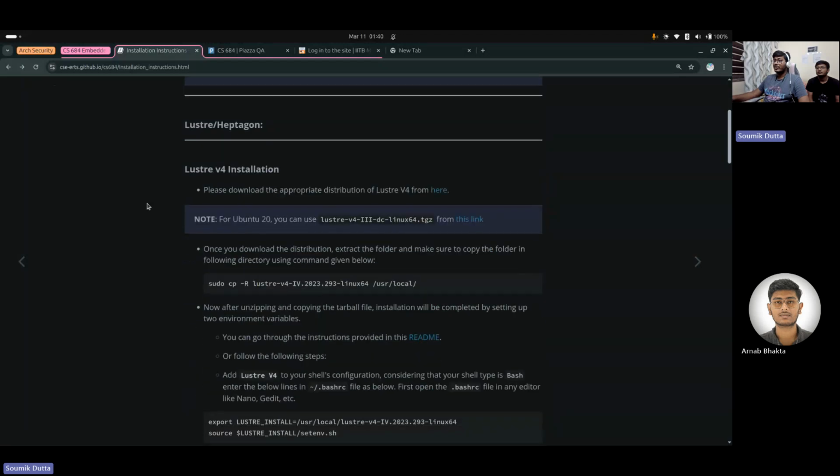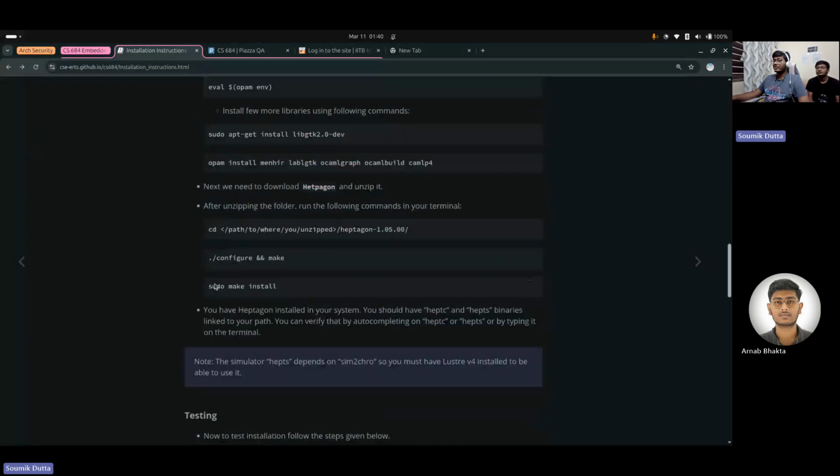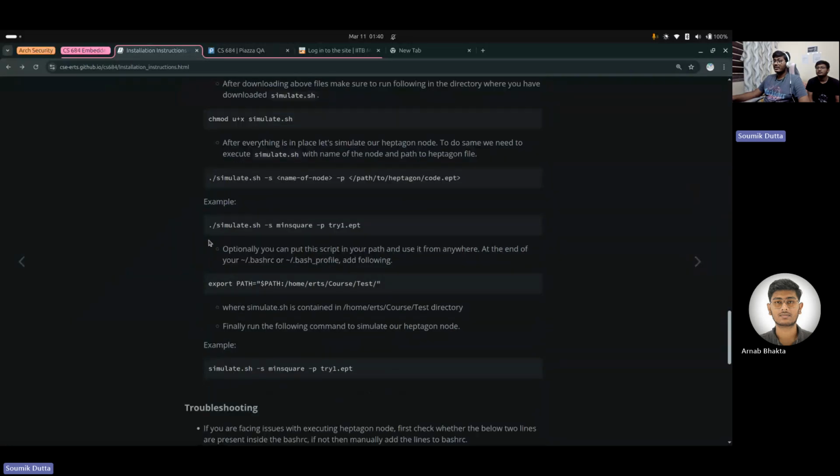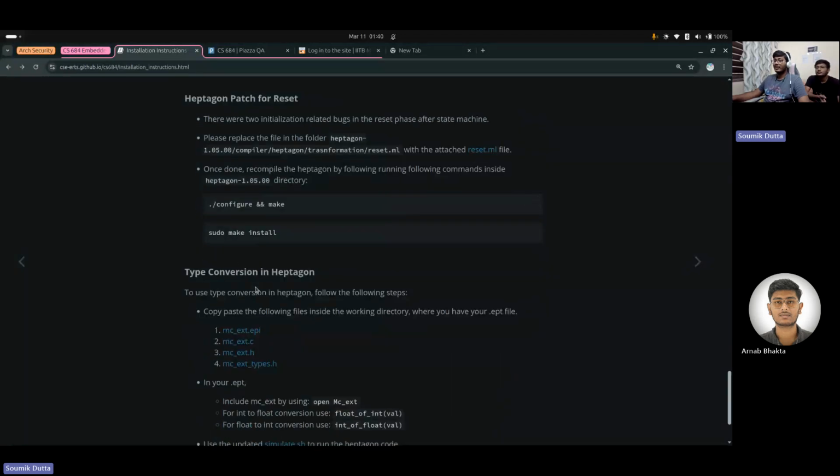Also, to install these, you have to follow all these steps, which is long and tedious, and some students get stuck on some particular command where some command is failing. So what we have done is that